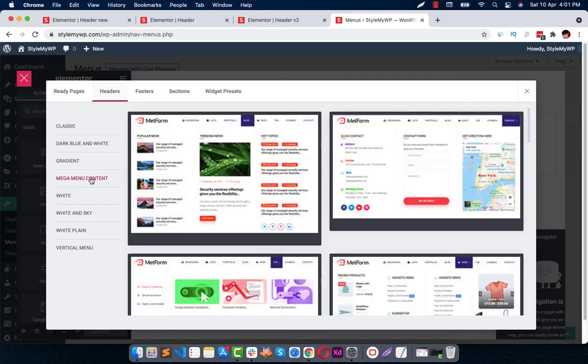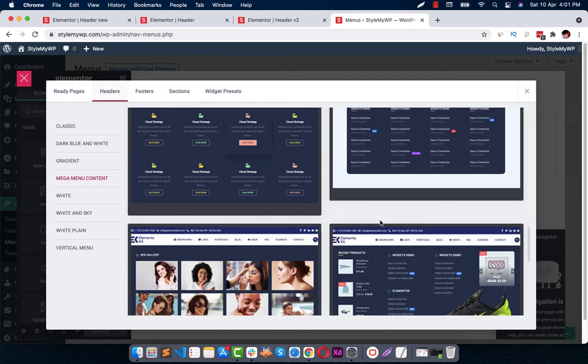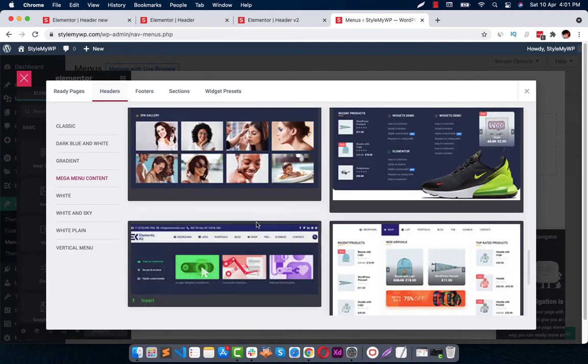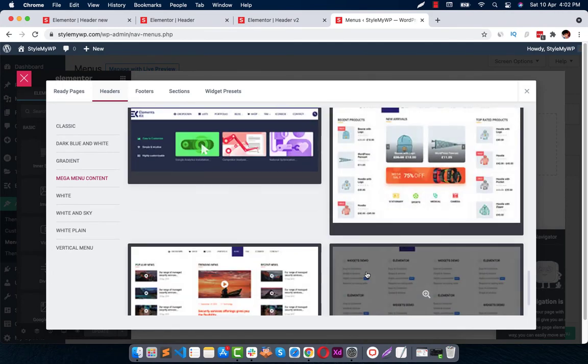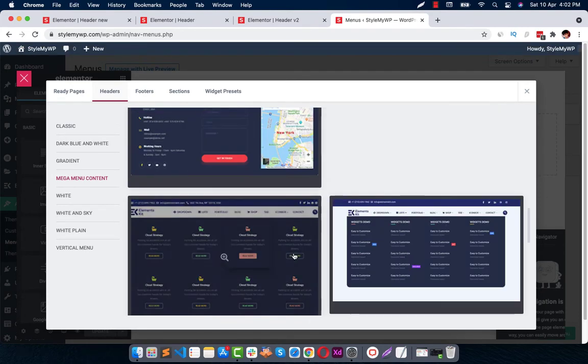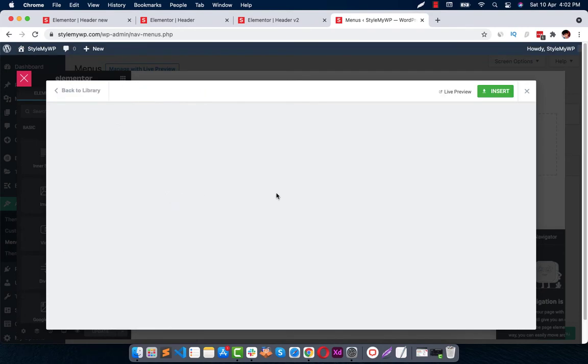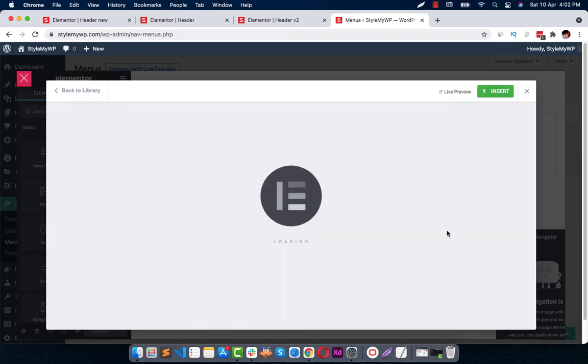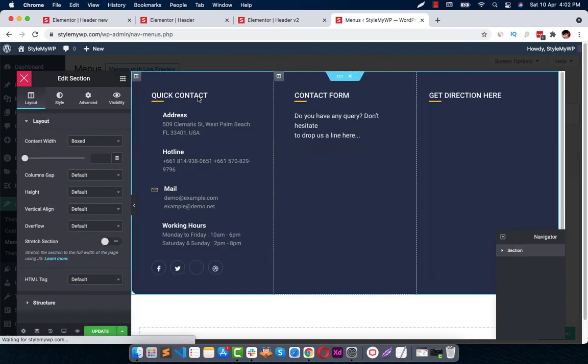Click on mega menu content, and here all these mega menus are already created, so you can choose any of these. We are on the about page, so we can simply choose something that is relevant. So we can click this. It's looking good for about, so let's insert this. So it is inserted now.